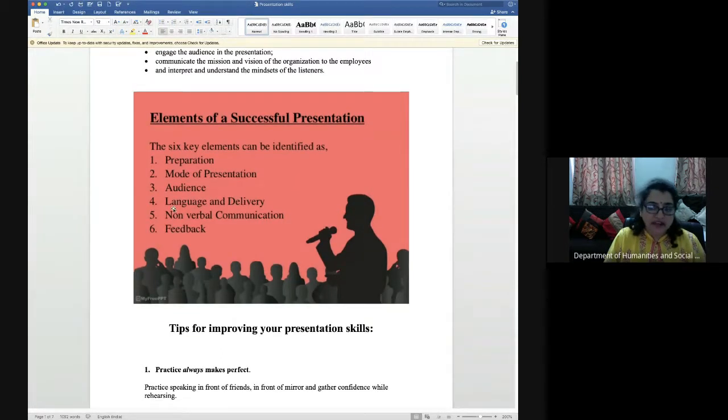Then we come to the language and delivery, which is also an important point: how to use your language. It should be very clear. It should be a language which any layman can understand. It should not be very flowery and fashionable language. It could be a normal, simple language, and the delivery of that language. That means clarity in pronunciation, in accent, and all the nitty-gritties of delivering, so that the person who is listening should be able to understand and grasp the content well.